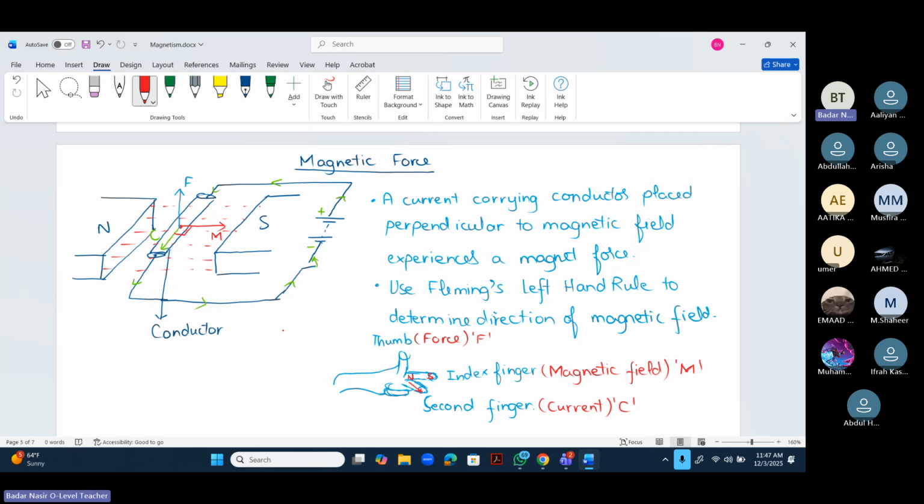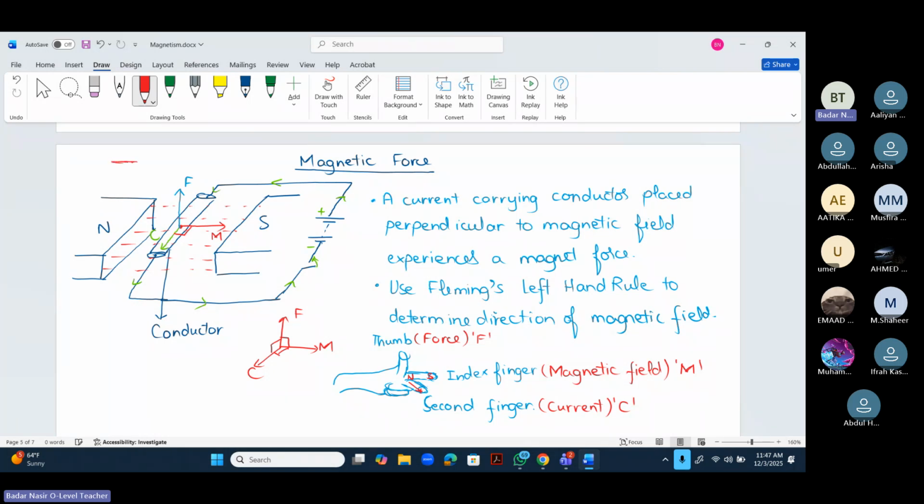Now please remember F M C, force, magnetic field, and current. And if magnetic field and current is perpendicular to each other, as a resultant, magnetic force is produced. Or let's say if there is a force and a magnetic field, so the current will be produced. Okay? So if we use the Fleming's left hand rule on this side,